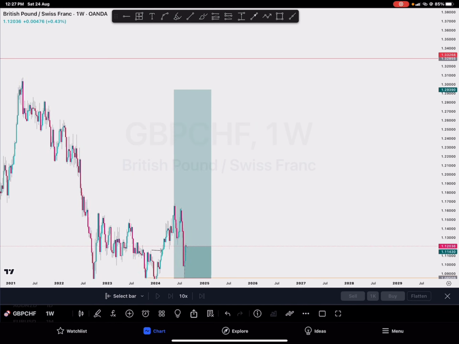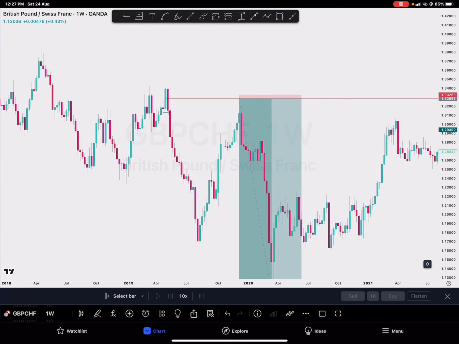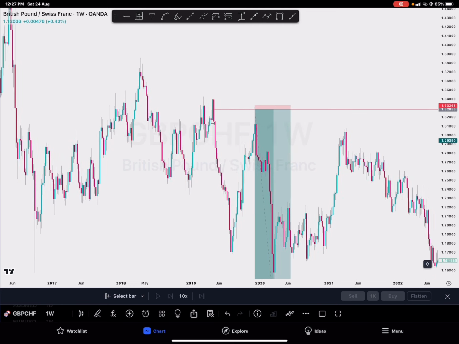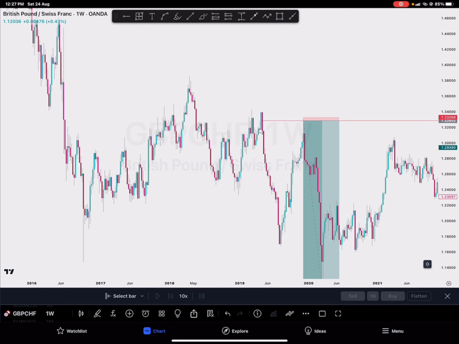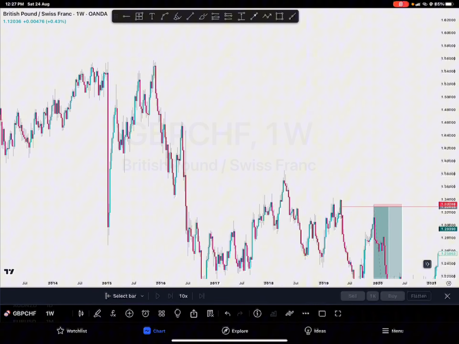So that's how the higher time frame normal liquidity engineering works. And they give high probability setups because of the